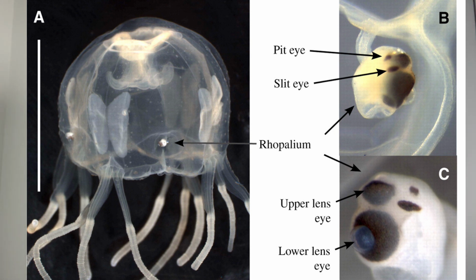And here we see one that we don't know how long ago these may have developed, but we see a box jelly with a pit eye, a slit eye, an eye with lenses, a more complex eye. 3 different eyes, at least in one organism. Now, eyes are not out of context. The context of the